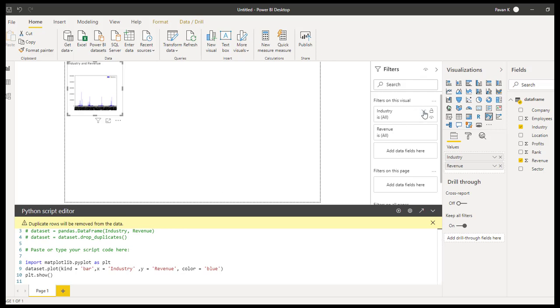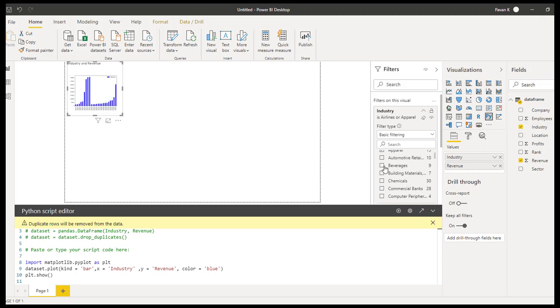here I'll apply a filter on some industry types. Since there are many industry types, in the x-axis I'll apply the filter in order to reduce the number of industry types in the x-axis.